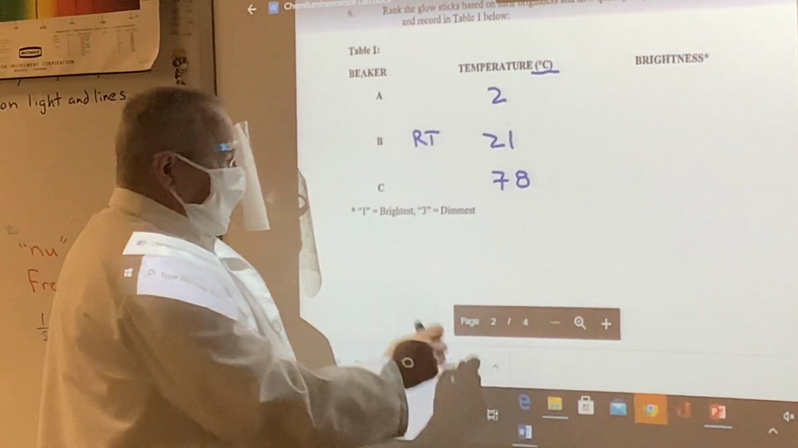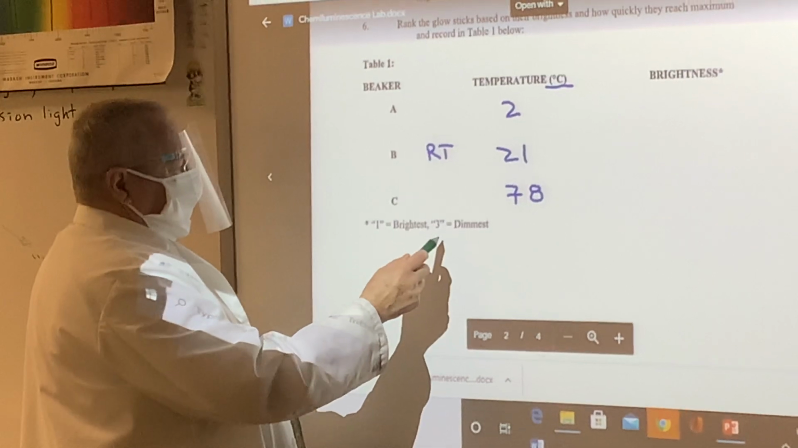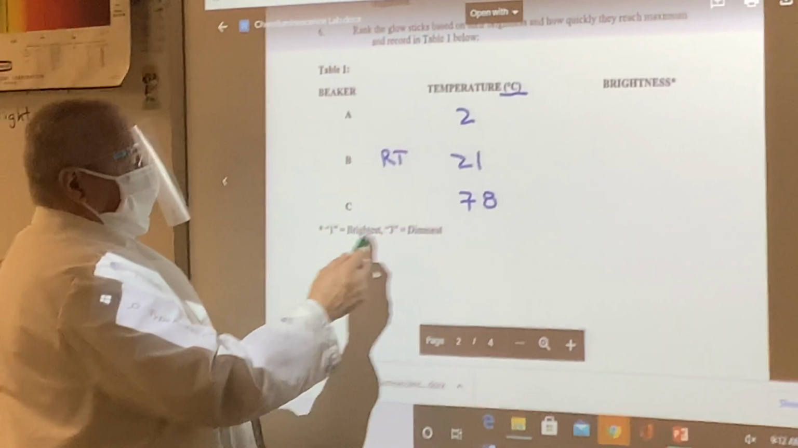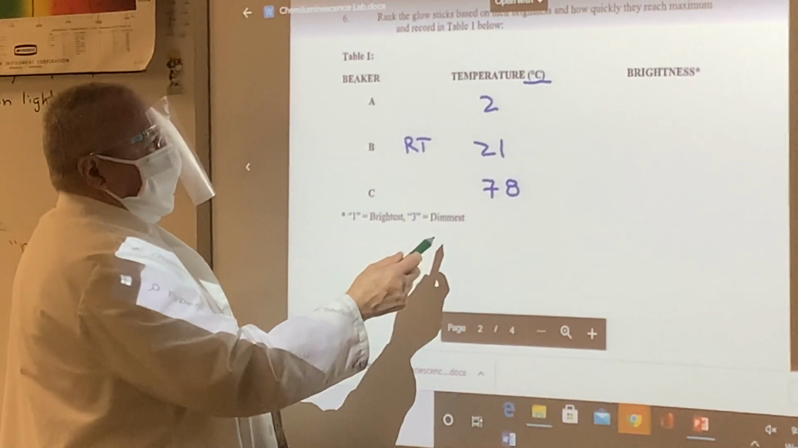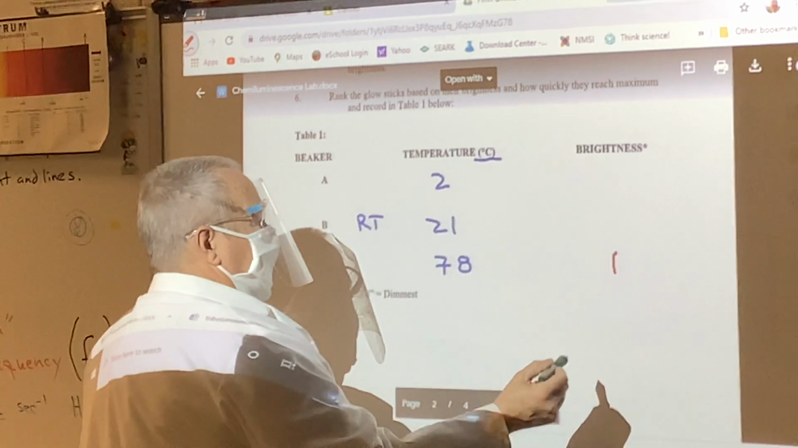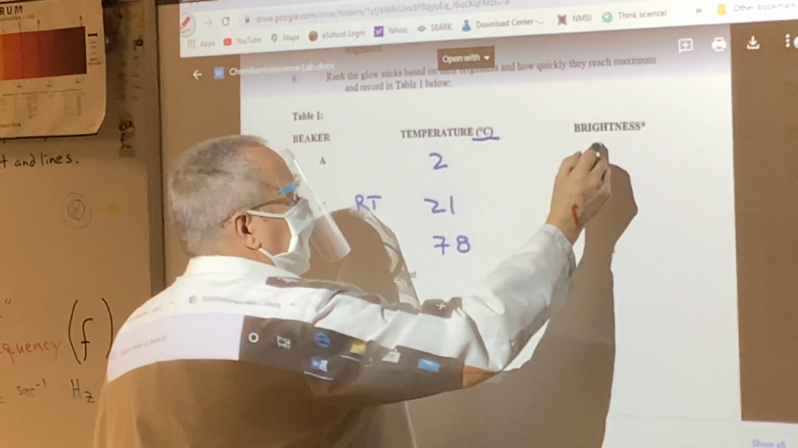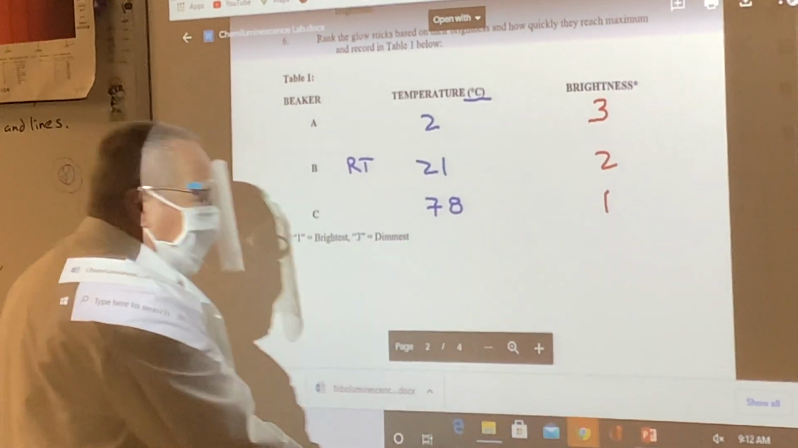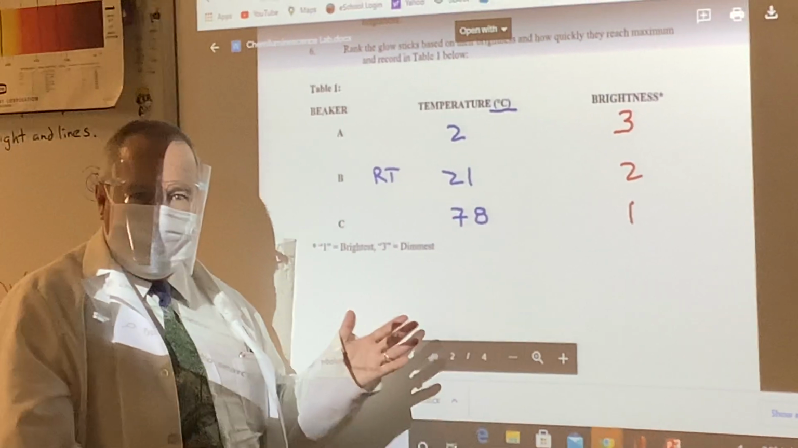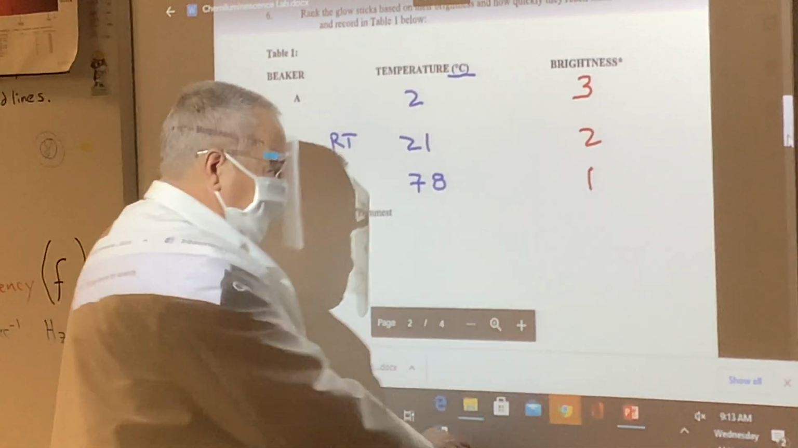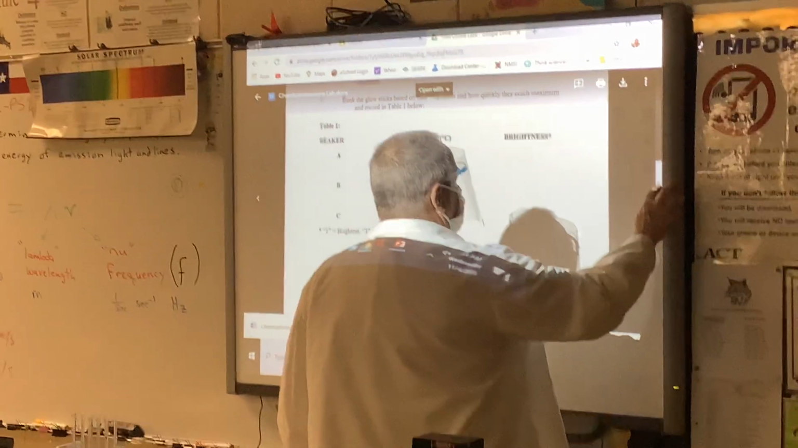And I borrowed this. I would have just said brightest and dimmest, but it asks us to score them on a scale of 1 to 3, 1 being the brightest and 3 being the dimmest. So the brightest one was clearly the hottest one, and the dimmest one was clearly the coldest one, and room temperature was in between. So there's your data, okay? I'm going to erase it now because we're going to move on to our questions. And when I move down to our questions,